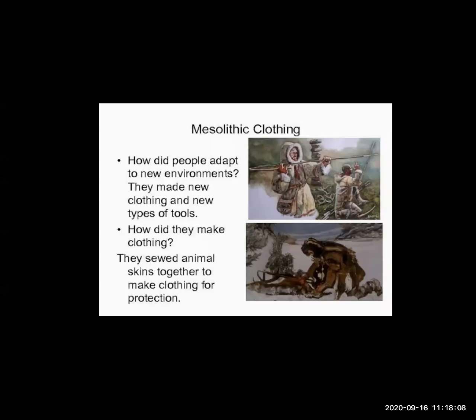And when they hunted these animals, what did they do? They used to remove the skin. Yes, the fur coating was there on the body. They used to remove it properly, clean it, and sieve it. Means they used to sew, they would remove the animals' skin and start sewing. And they used to make different types of clothing by sewing that skin together, which would protect them from the cold climate and give them warmth during the cold climate.